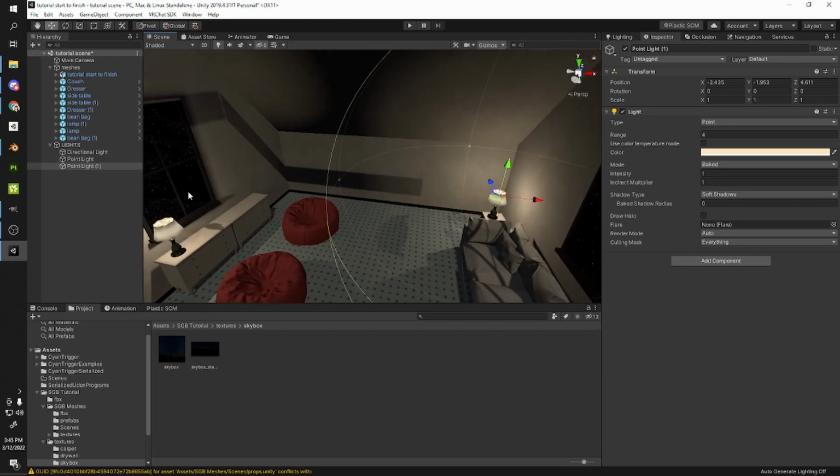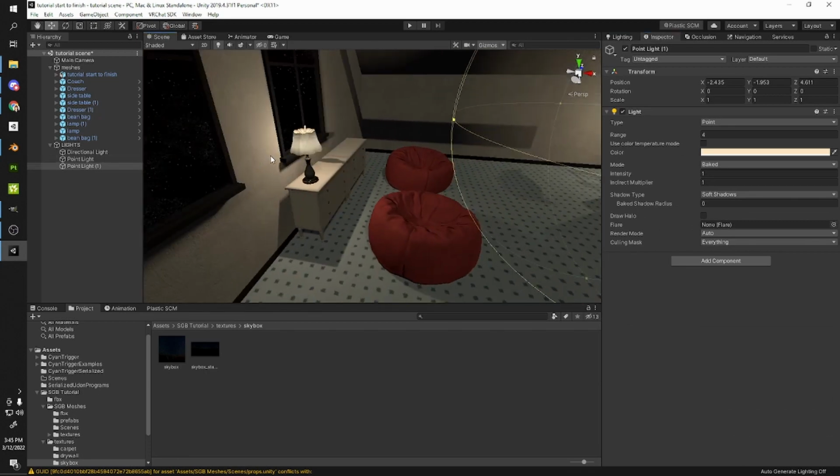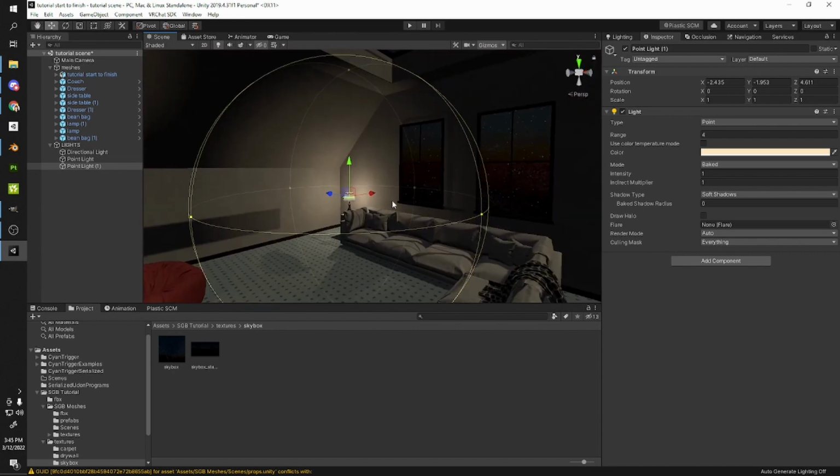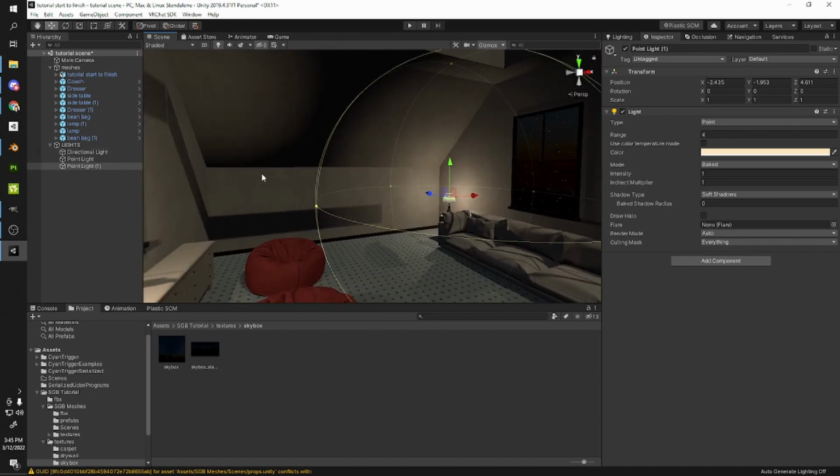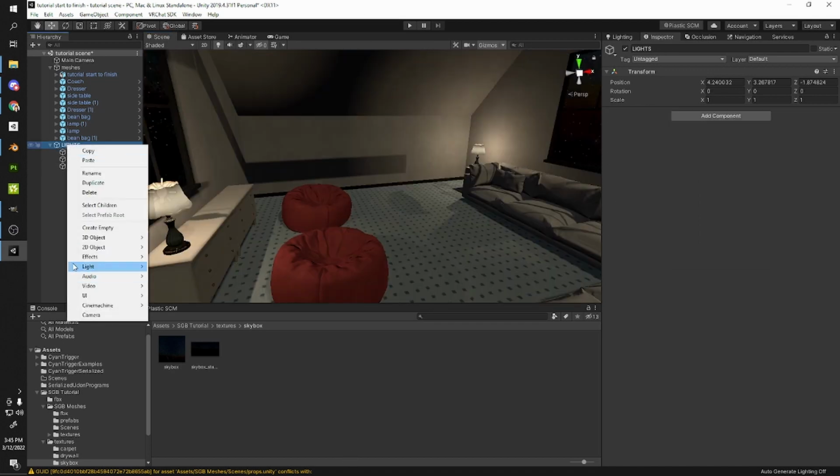We have 2 point lights. Point lights are pretty straightforward. They add lights and they look like that. Spotlights are also straightforward. I'm not going to put any in here, but spotlights add a spotlight. Let's add a